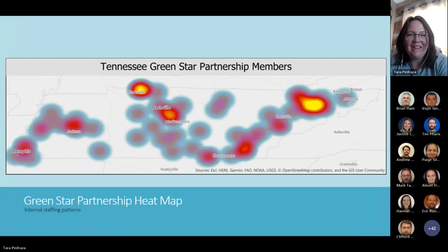So, and then just to add a little GIS analysis to this, I went in and did a little heat map to show where we have concentrations of our Green Star Partnership members. And you can see a lot of them are in East Tennessee and in the Clarksville area. So I was hoping that would help the folks who manage the program identify areas where they want to increase their outreach and recruit more members, and then think about